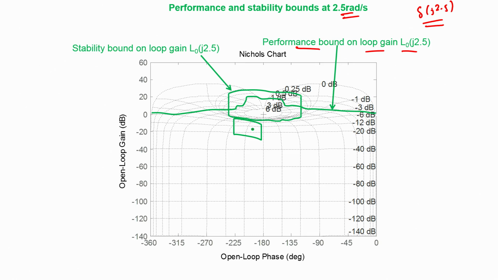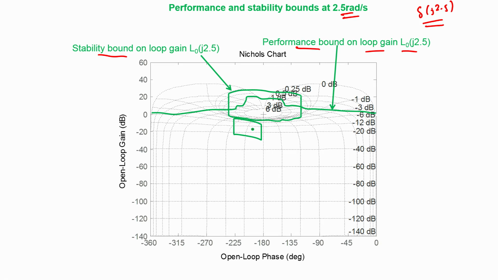So in this case, for the closed loop system to be stable and the maximum value of T1 to be within 3.5 dB, we need the loop gain to lie outside this green closed curve, and for the performance requirements to be met, it should be above the green curve, which is the performance bound at 2.5 radians per second. So the stability bound is this closed curve, and the loop gain should lie outside of this closed curve for the worst case loop gain to result in a transmission function T1 whose magnitude is within 3.5 dB,